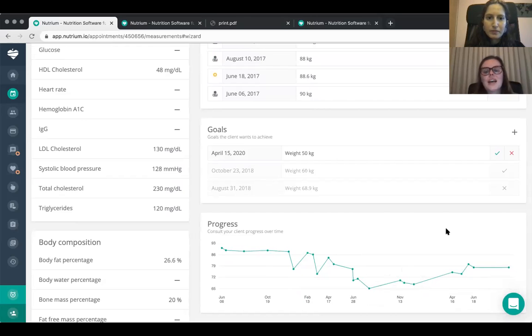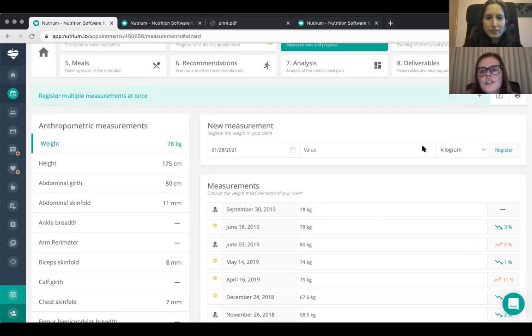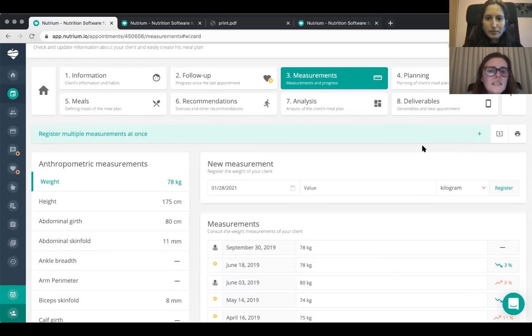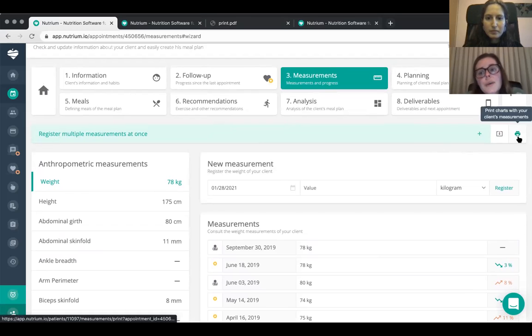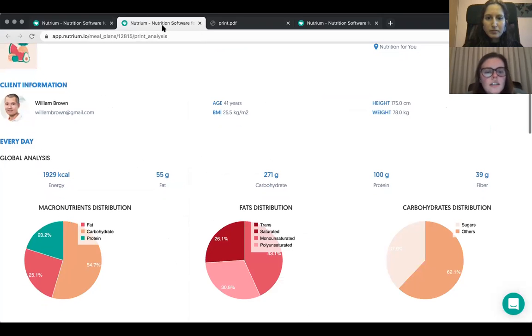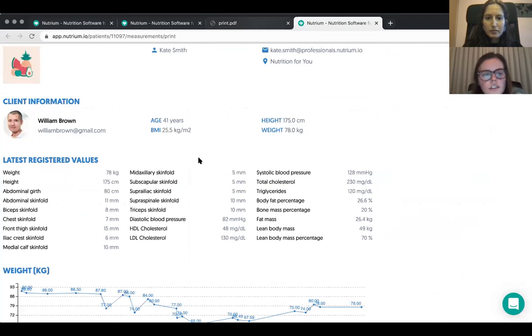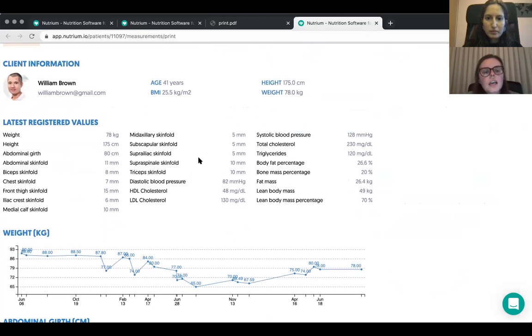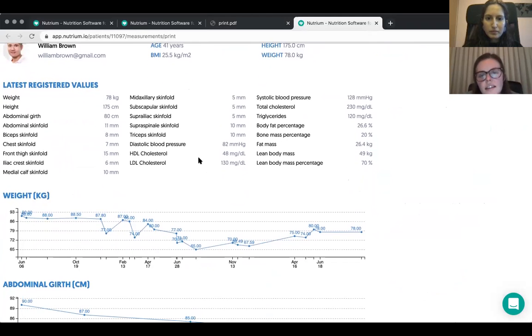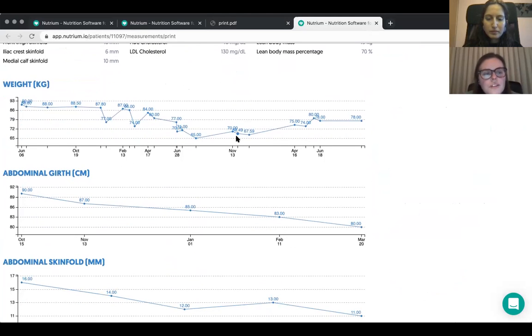So we're going to help him achieve their goals, and this is very interesting. So we can have a visualization of the progress. And another thing that's very interesting is that clients often like to have a report on this. So you can just click in here and print this chart. So we can create a PDF, which I'm showing you right here, which is this one. Okay, so they can print out and you can send this to them, all of their measurements throughout time in